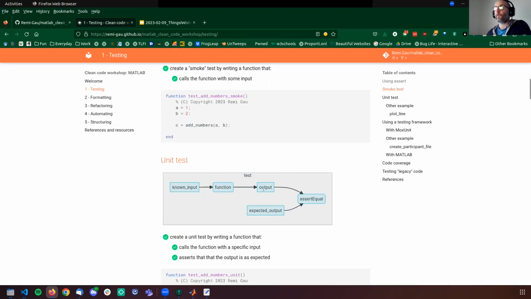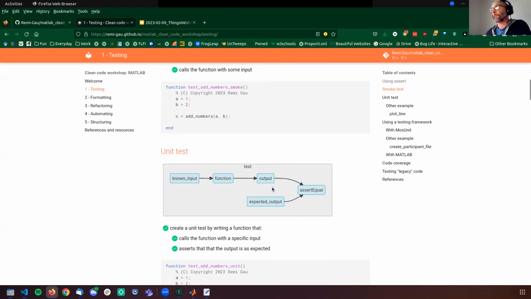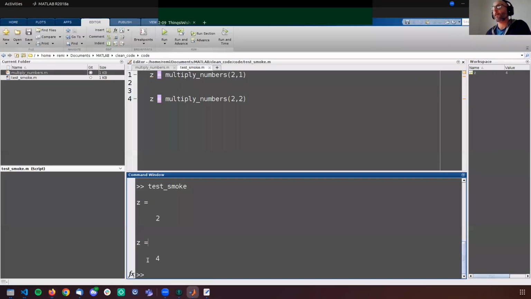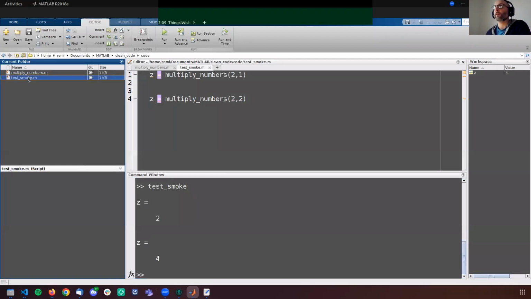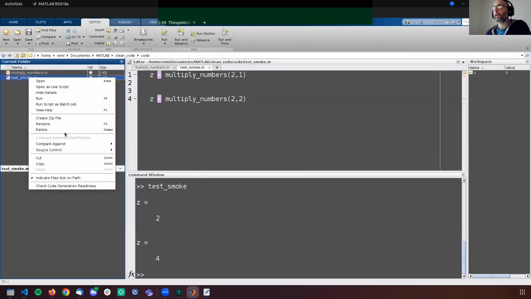What you do in a unit test is compare this output to what you know is the expected output of this function for those inputs. So you compare the two and make sure that they are equal.